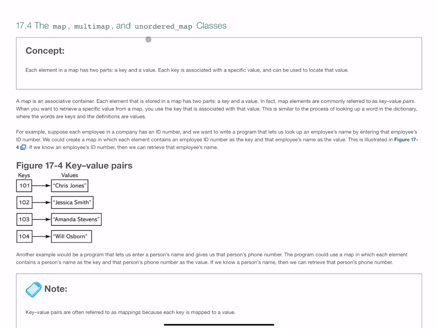Now, the idea of an unordered map is that these keys can be in any order, again, so long as they do not repeat. So instead of 101, 102, 103, we can go 101, 103, 104, 102, and hence the word unordered. A multi-map, on the other hand, says that our keys can be repeated and can map to different